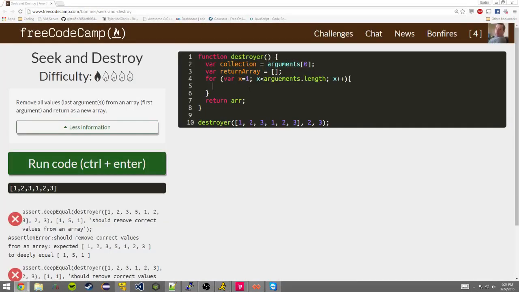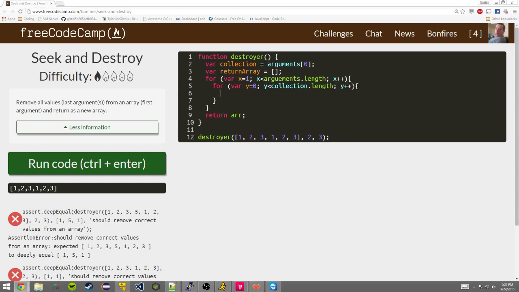Okay, so now back to the exercise. Now we've got control over the rest of the arguments, and we're going to loop through them. So what we want to do is compare if this equals anything in here. Now, how would we do that? I suggest using another array. Now we want to do collection dot length. And now with this for loop, we'll do